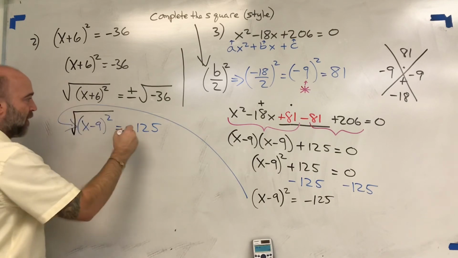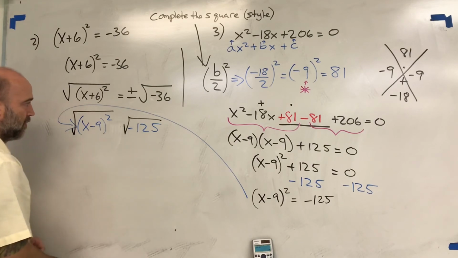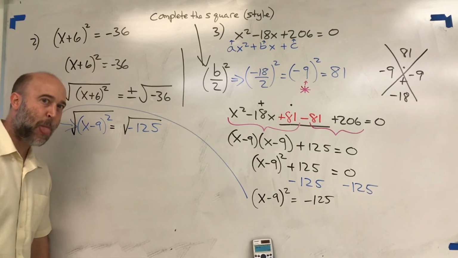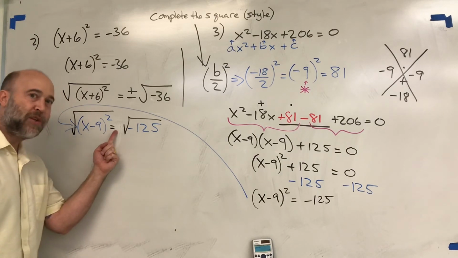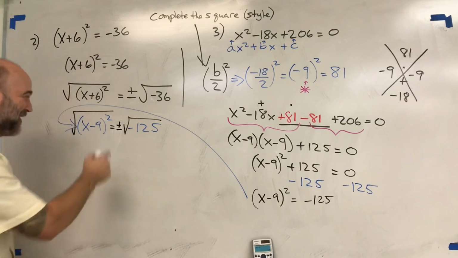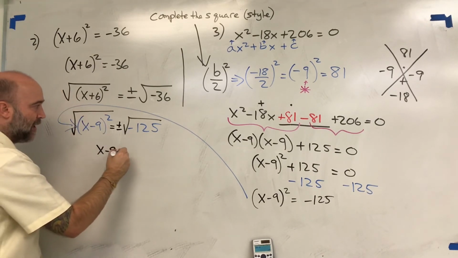Opposite of square, square root. Square root. What did I forget? Don't you forget that plus or minus. I forgot it on purpose, just to show you. These undo themselves, and we get x minus 9 equals